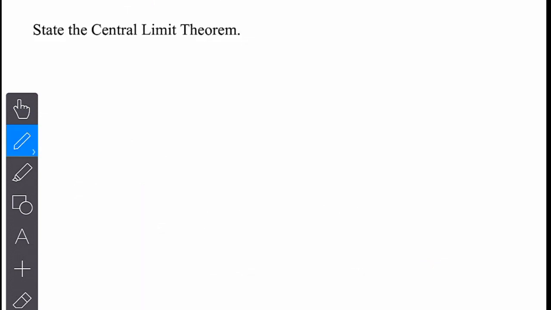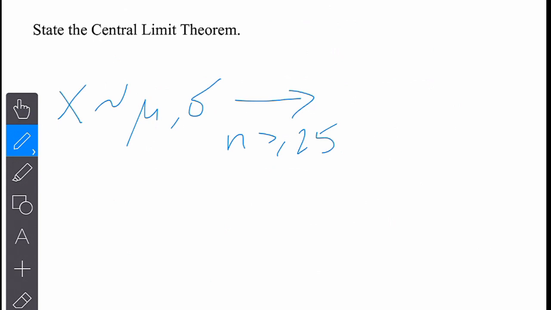So the central limit theorem. What you need to state here is that if you know about a variable and you know its population mean and standard deviation, even if you don't know its shape, provided n is greater than or equal to 25, the sample mean is approximately a normal shape, so it's regular and predictable, using the standard normal table,